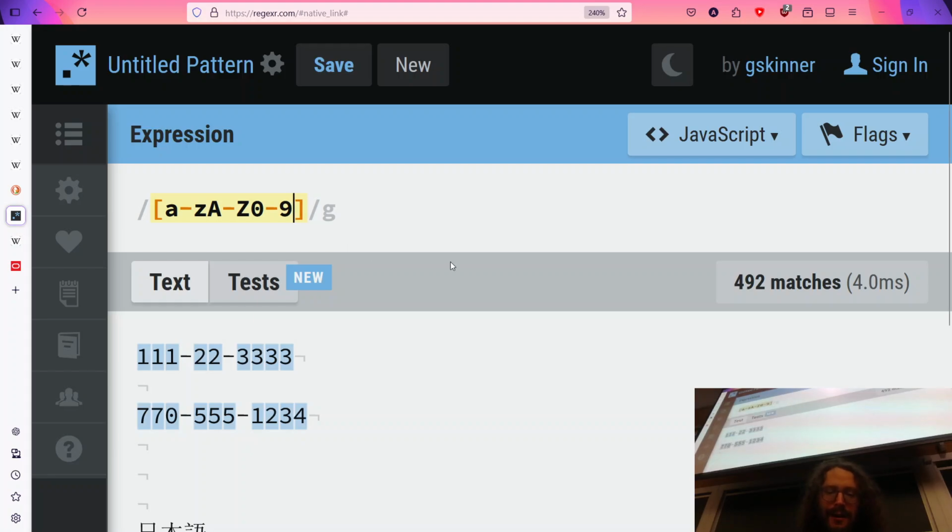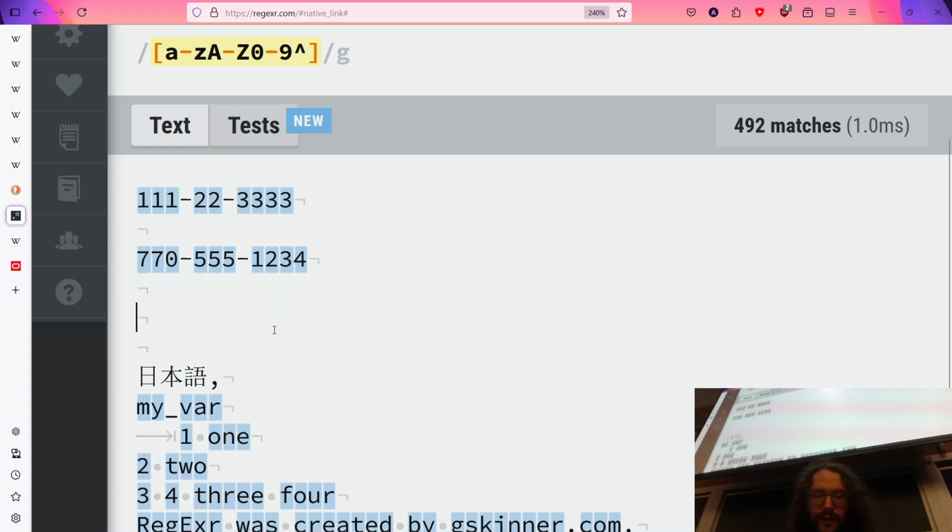And if I put a caret anywhere else, just not at the start, it'll look for carets as well, which will make Bugs Bunny very happy. Okay. So this is a very useful tool. Again, because this is basically adding wildcards or more expressibility into our ability to find text.